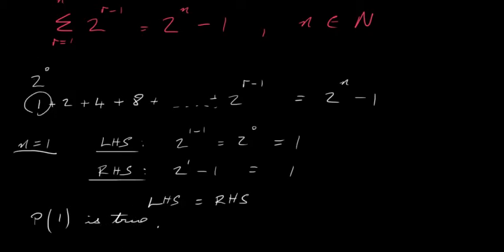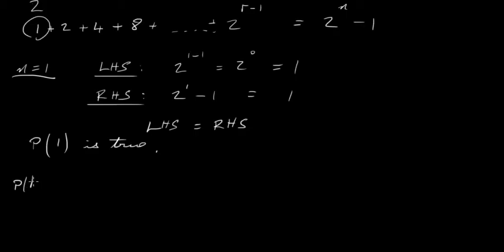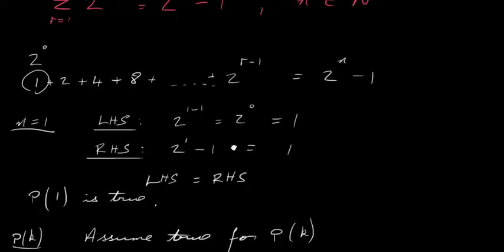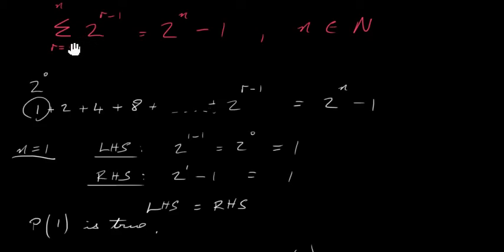Now, the next thing we've got to do then is look at assuming that this is true for p is equal to some value k. So we're going to assume that the proposition is true. Assume that it's true for some number, k. So we're going to assume true for pk. So what happens if we put k in here instead of n, in other words? So we end up on the left hand side with the sum of